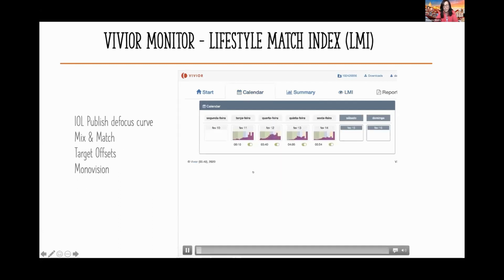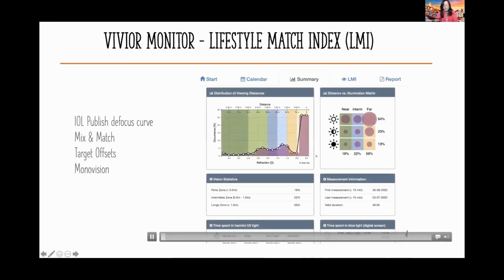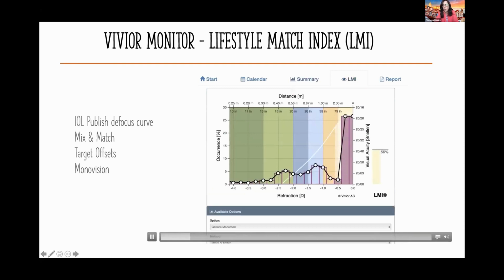Another example, you see 4 days of use of this device. So this is the same, I'm sorry. This is the new one. As you can see, this patient has more need for far vision.